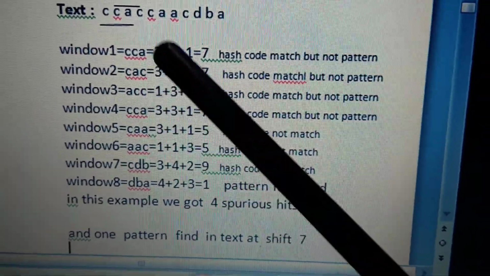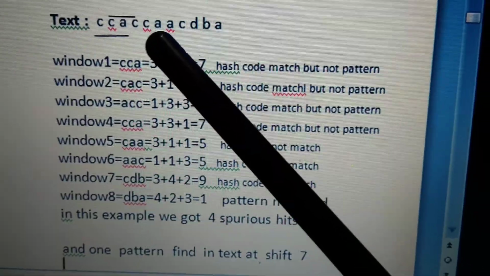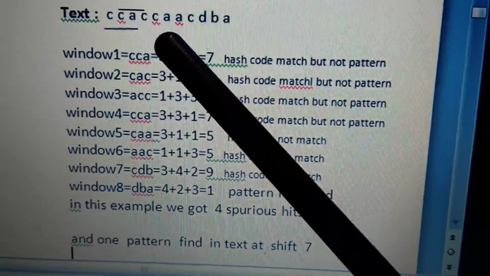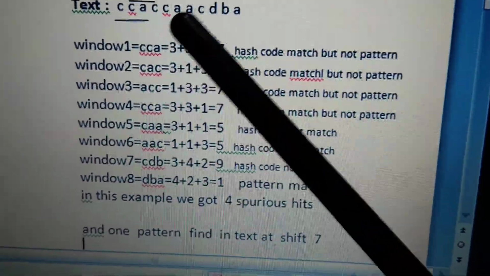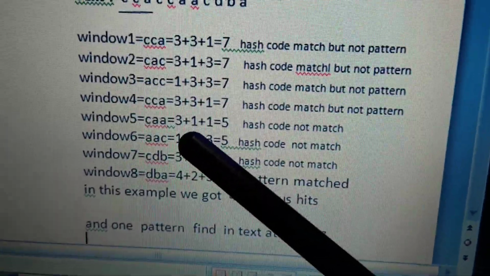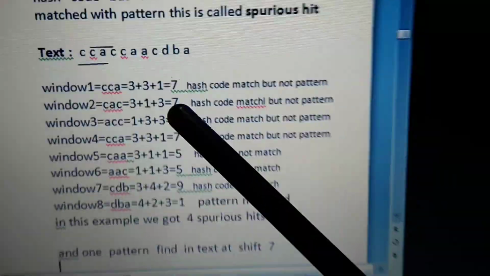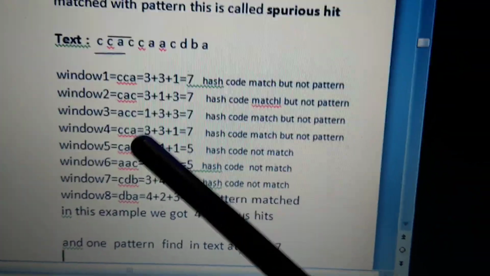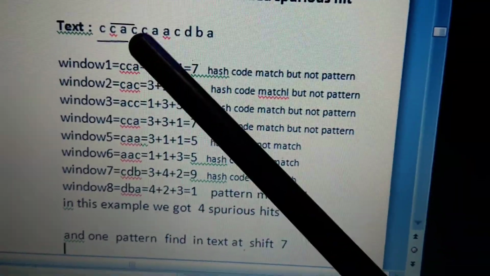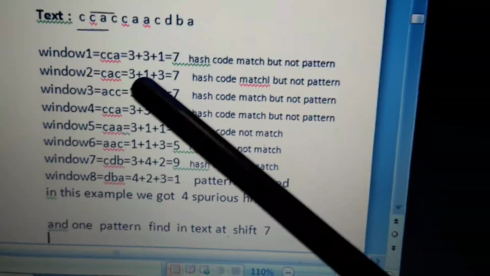Next window 4, fourth character, 3 characters from the fourth, that means CCA. Next CAA, AAC, CDB, last DBA. Now we have selected 8 shifts. In each shift we are going to select one window from this text. This is the RK algorithm.